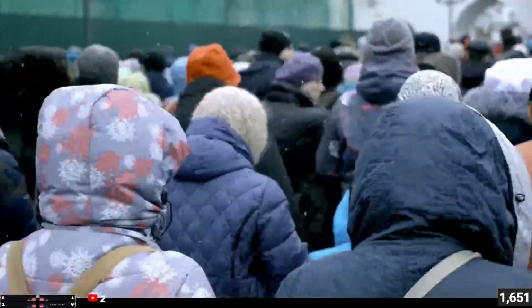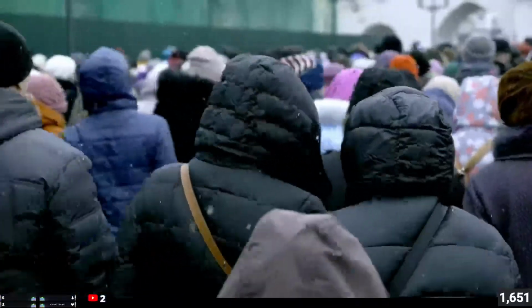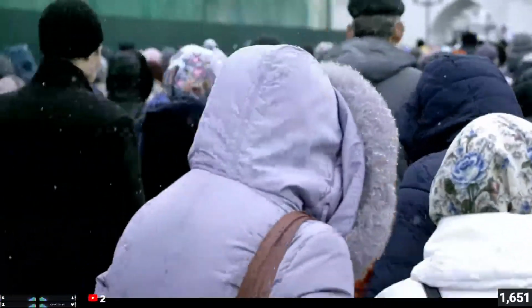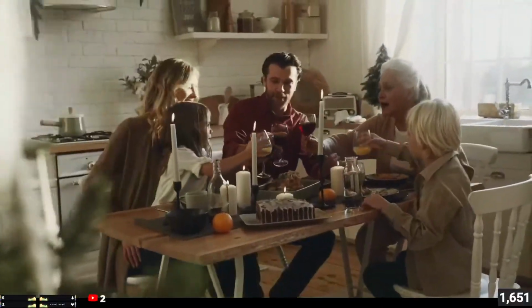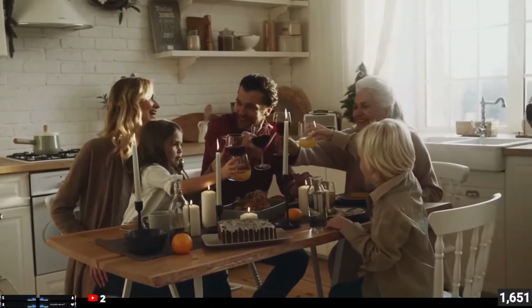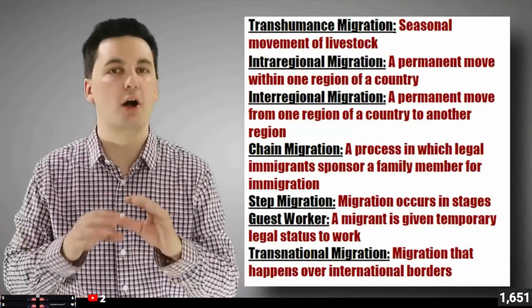When migration occurs, it's often either forced or voluntary migration. Forced migration happens due to events that put migrants' lives or families' lives in jeopardy, causing them to migrate and risk their own safety. Voluntary migration, on the other hand, is where the migrant chooses to migrate of their own accord, without fear of persecution or death. Remember, there are a bunch of different types of migration that can occur, and it's important for you to understand all the different vocab in this class.